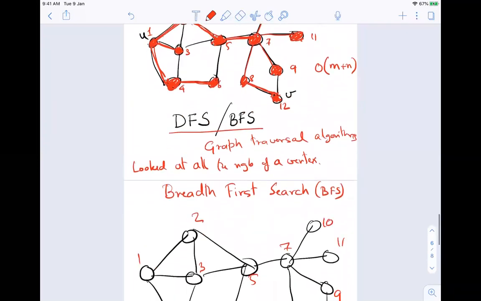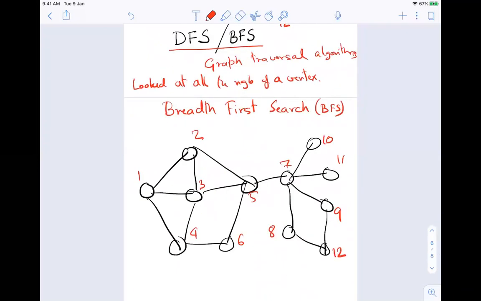Okay. Now I start from 1 again, but this time I am not interested in looking at all the edges that go out of 1. Instead, what I will do is that I want to quickly go as far as I can. So I will go to 2, then from 2 I will go to 3, then from 3 I will go to 4, then from 4 I will go to 6,